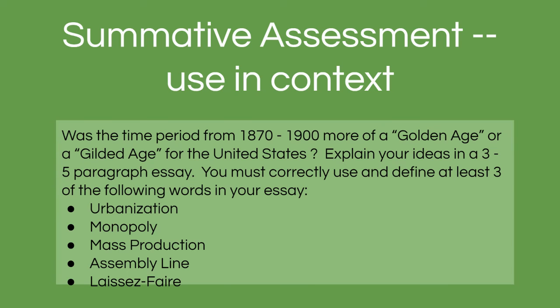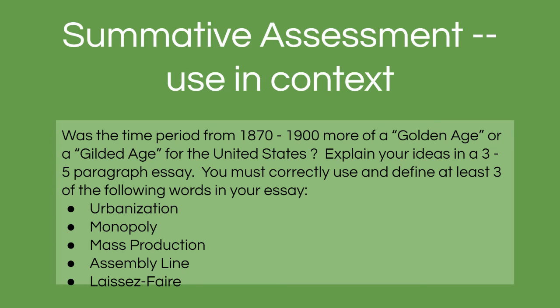And when possible, because it's not always possible, if you can do a summative assessment where the kids use the words in context to really show you that they've got it, that's really powerful stuff. So in the Civil War unit, our summative doesn't really lend itself to this kind of work, but when we look at the late 1800s, we have an assessment toward the end of that unit that does. Basically, the kids have to write an essay answering the question, was the time period from 1870 to 1900 more of a golden age or a gilded age? And as they explain their ideas, they have to correctly use and define at least 3 of the keywords that are listed here. So I have the kids highlight them so I can for sure see where they've used them